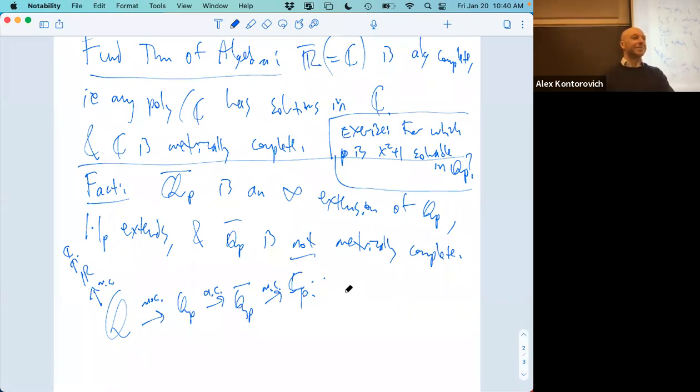So Joey and I were talking about this months ago. I'm pretty sure. I'll believe you once you ask your question. If you go from Q to Q bar and then metrically complete, you end up at C_p or something else. It becomes subtle. If you go from Q to Q bar first, if you algebraically complete first, then you can go to C. Yes, you can go to C by taking Cauchy sequences in Q bar, so this metric completion with the infinity absolute value is fine.